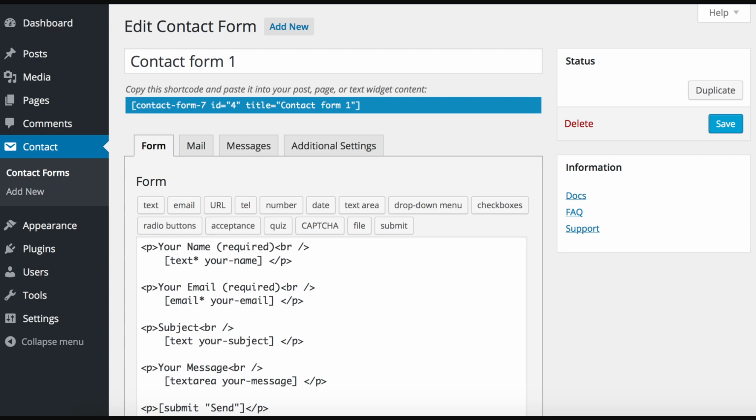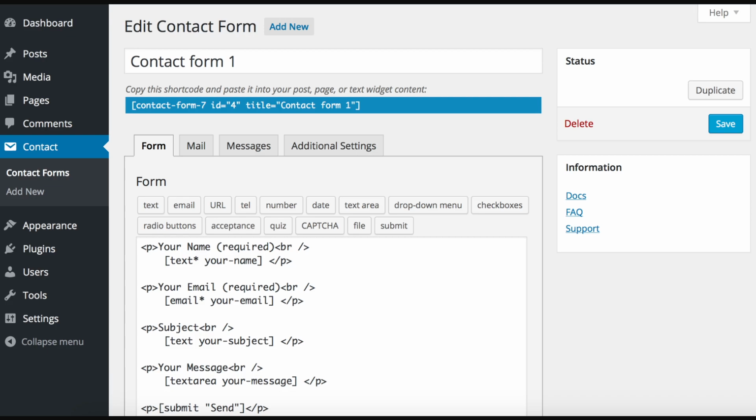able to integrate Mailchimp with Contact Form 7 is to go to your WordPress, and then you need to hover down here in plugins and search for Contact Form 7. Okay, now once you've done that, the next step you need to do, as you can see on my screen right now,